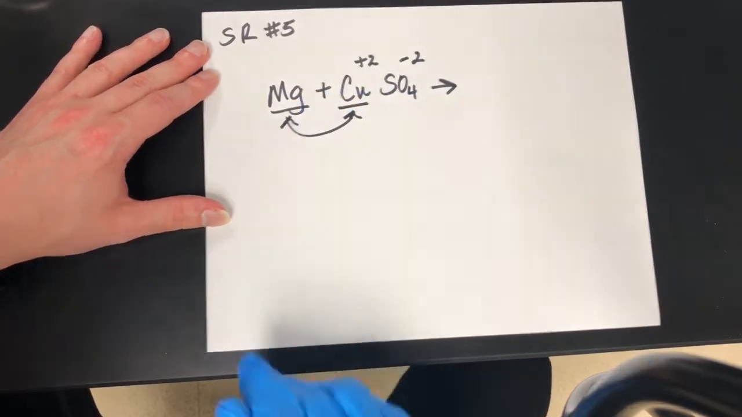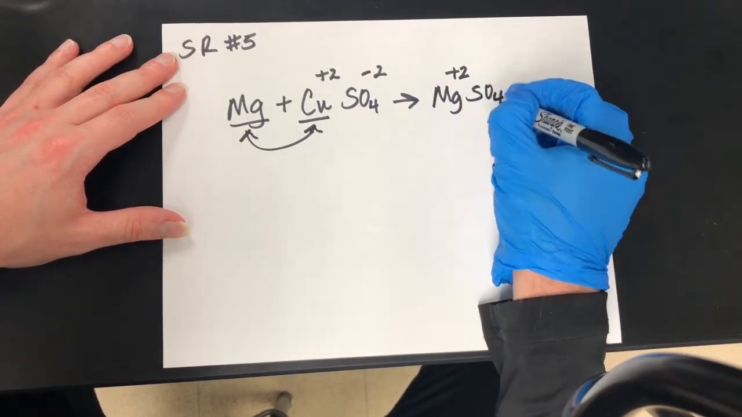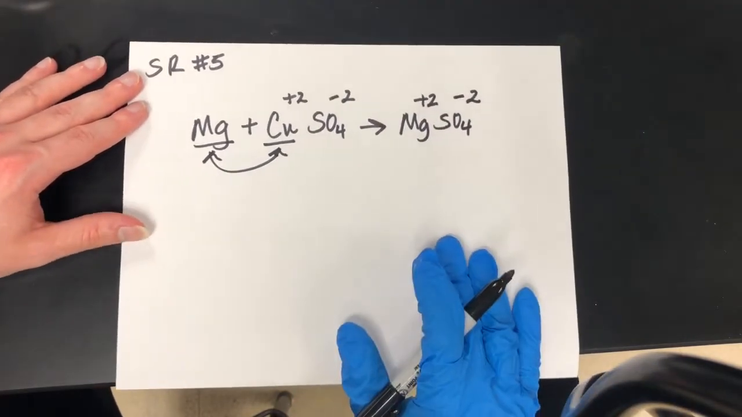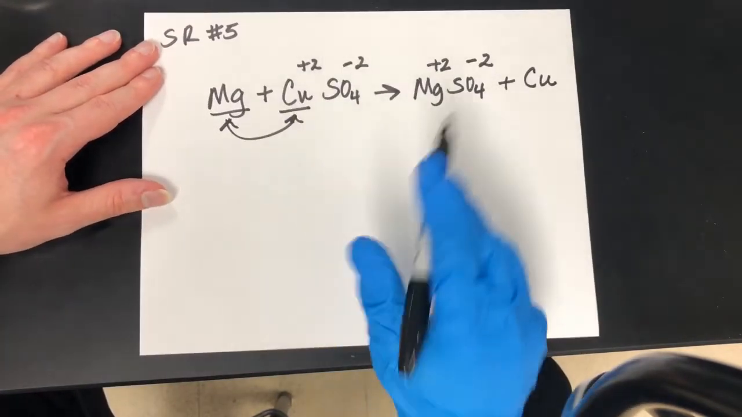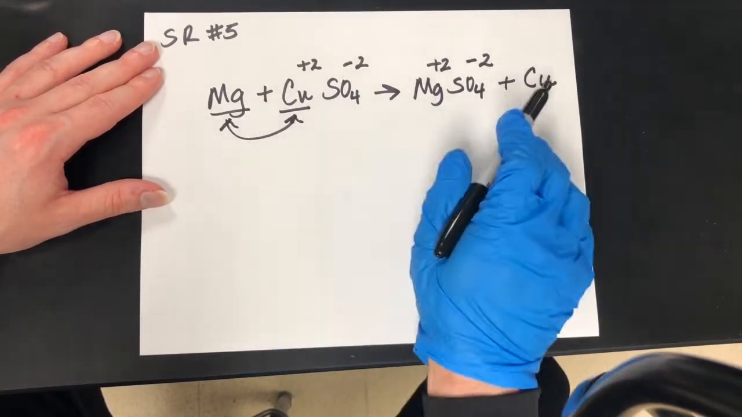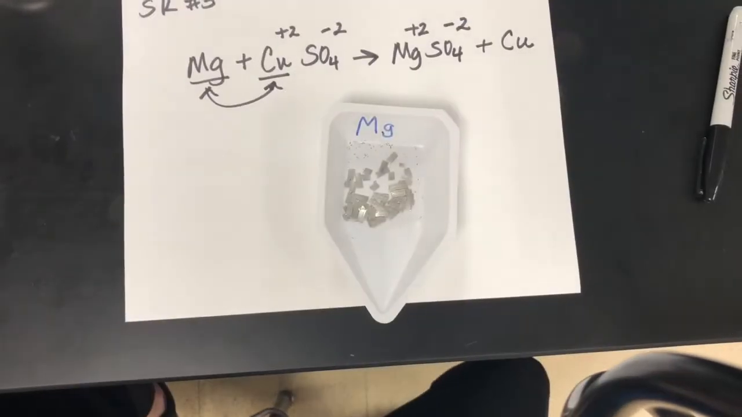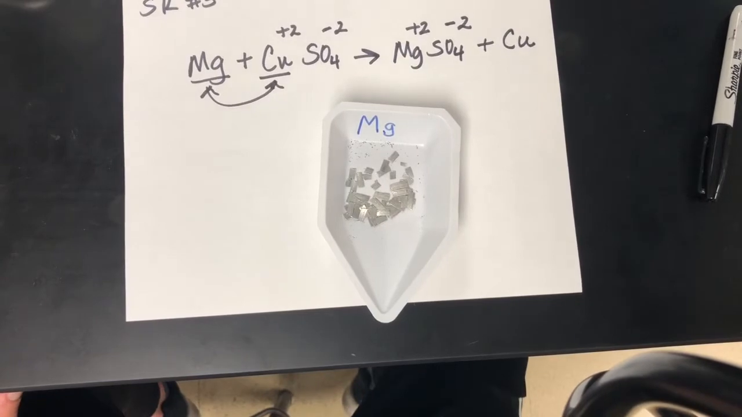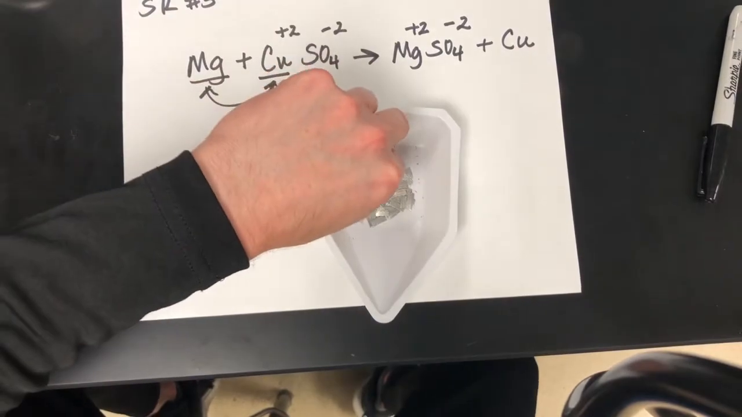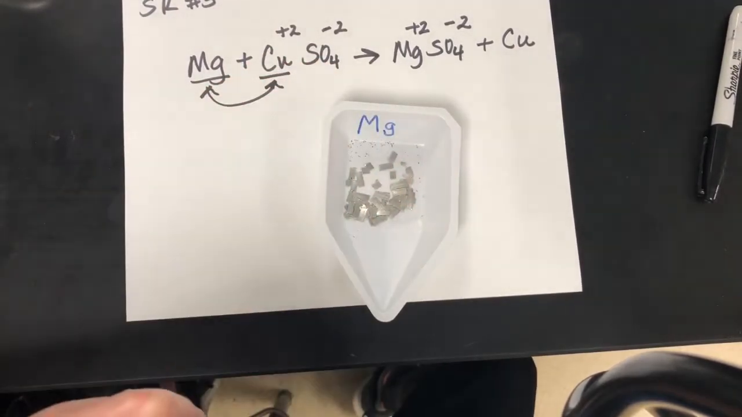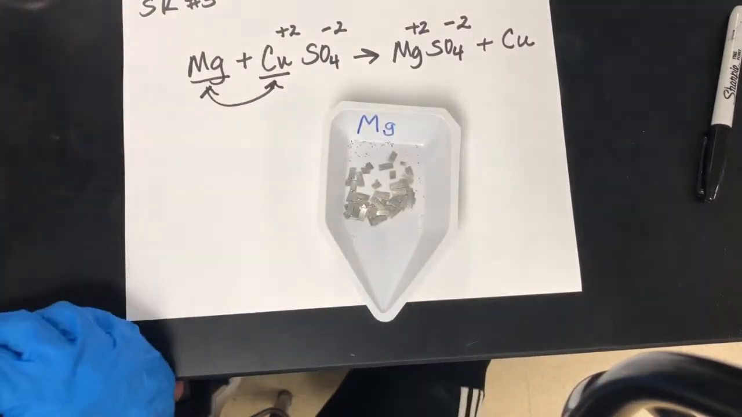So those two are going to switch spots, and we're going to have Mg with +2 charge, SO4 with a -2 charge. There's no need to crisscross because they're equal and opposite. And we're going to kick out some copper. Okay, balancing: 1 Mg, 1 Mg, 1 Cu, 1 Cu, 1 SO4, 1 SO4, so it should be balanced. Now looking at what it looks like in real life, we're going to take a little piece of magnesium, put it in our test tube, looks like that, and we're going to react it with copper 2